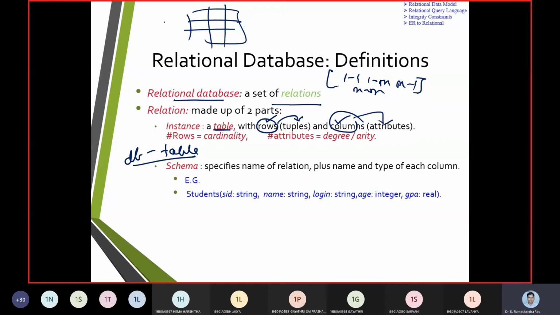Next, how many rows are there? We call that the cardinality.